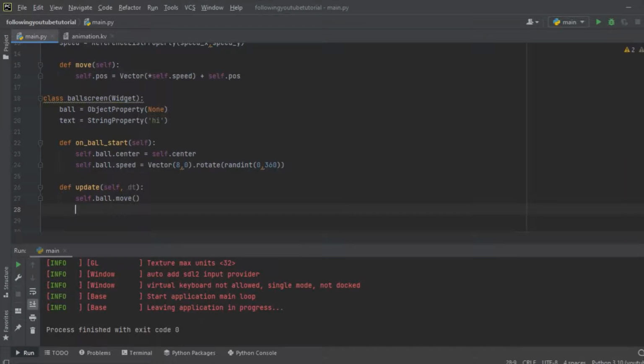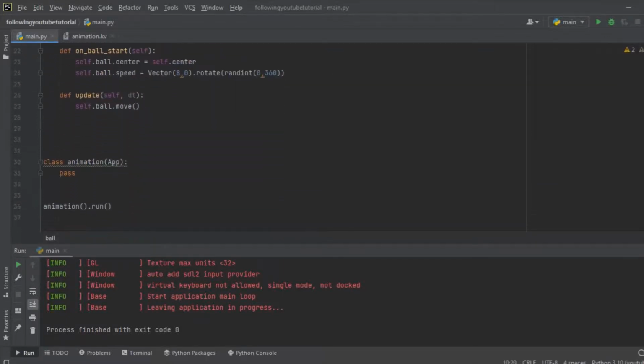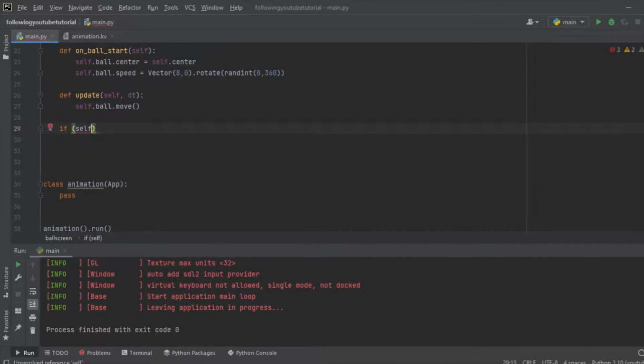What we want to do now is check if the ball has touched any part of the screen. If it has touched any part of the screen, what we are going to do is bounce the ball backward, in the opposite direction. So let's work on that. So now to check if the ball has touched any side of the screen, let's create an if condition. We are going to write if self dot ball